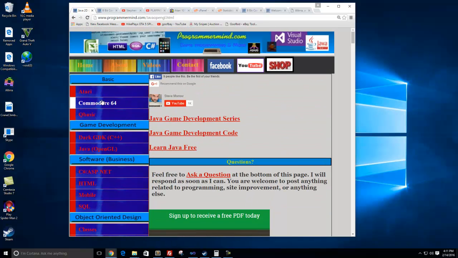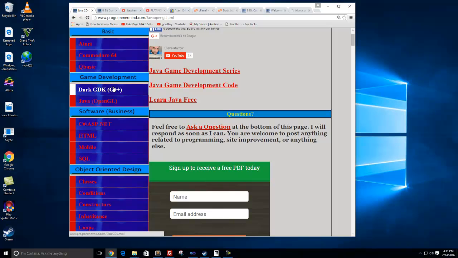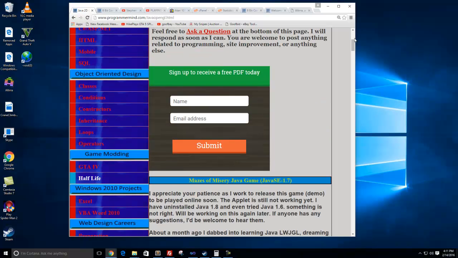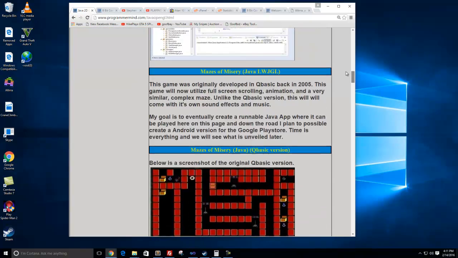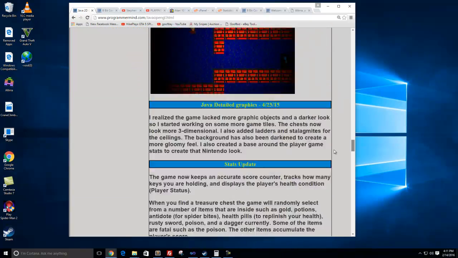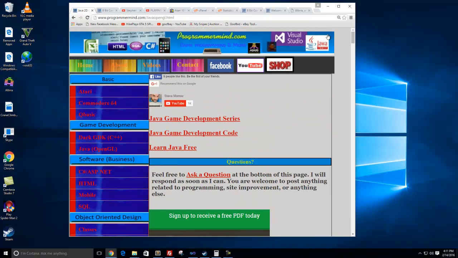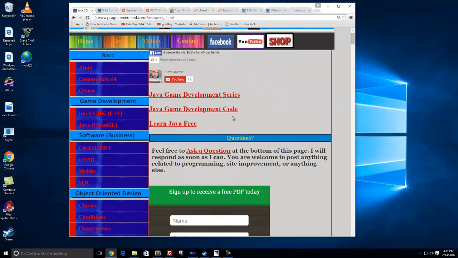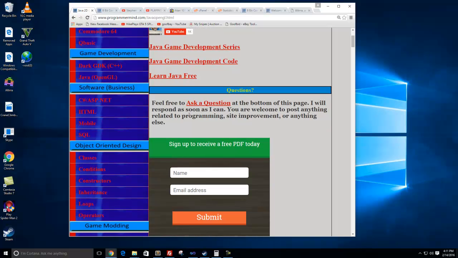Actually, I must have clicked on the Java one there, but it was Dark GDK and kind of unused now. Abandoned, so to speak. In Java, of course, some people are kind of confused about Java, so maybe we won't go into Java. I was hoping to capture people's attention, but apparently this website is not generating that kind of traffic. So I have to kind of go where the flow is for now.